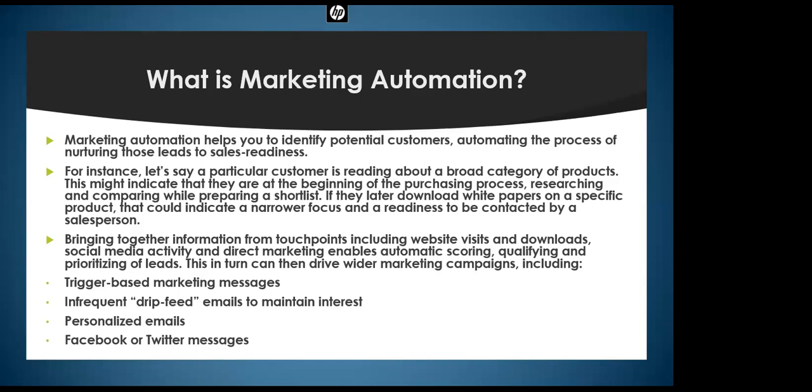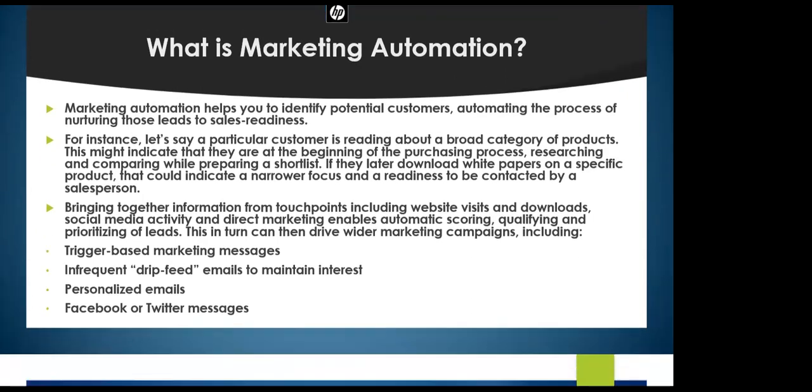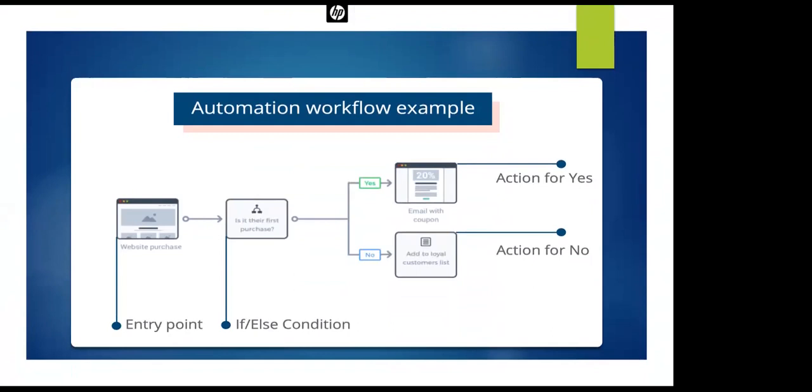Suppose you got fewer sales this month, that means there is a dip in your sales. You can use marketing automation to check who has not purchased anything in the past 6 or 7 months, so that you can re-engage them about your website, your brands and services. You can create personalized SMS and emails with marketing automation, and you can also post ads on Facebook or Twitter. So guys, what is a workflow?